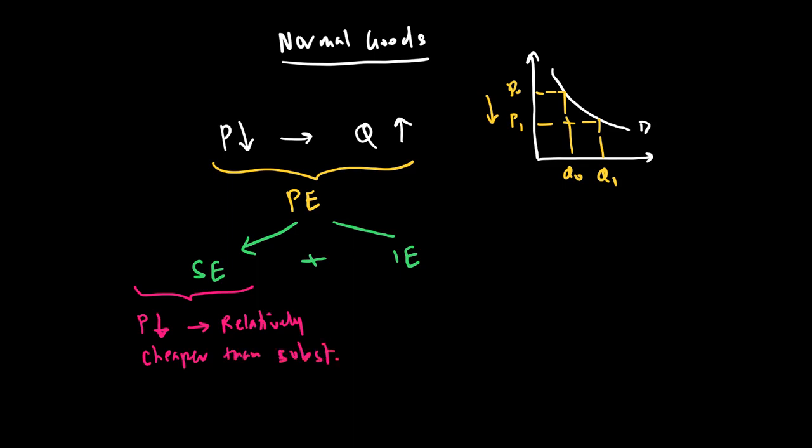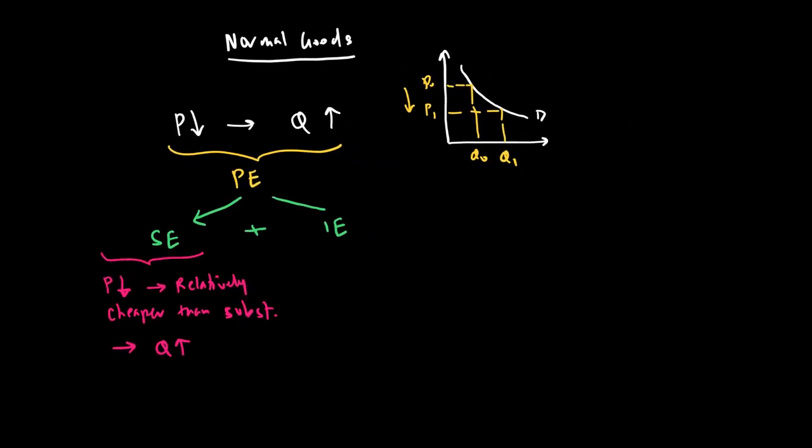And because it becomes relatively cheaper than the substitute, we will buy more of this good. So the substitution effect simply says buy more because the good is becoming cheaper than the substitute. On the other hand, the income effect says this: if the price of a good goes down, the real